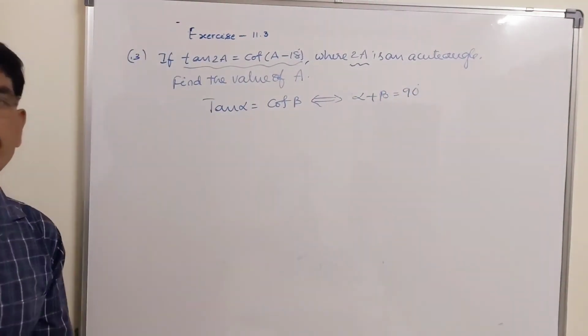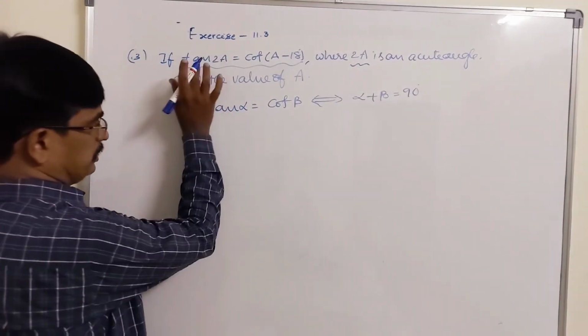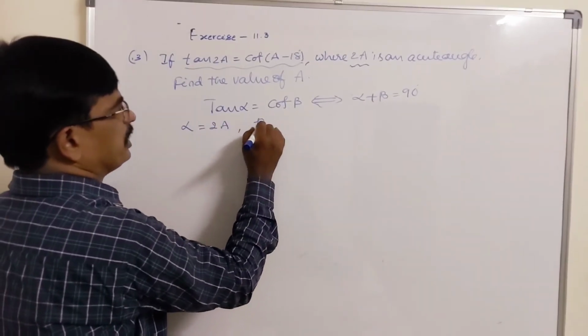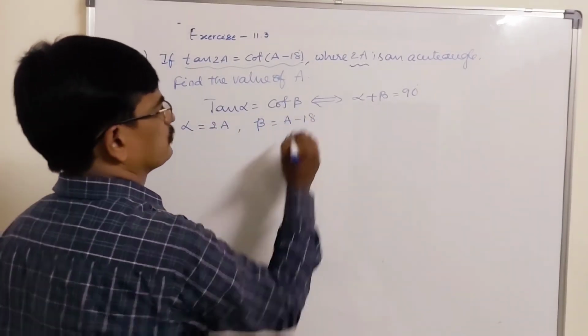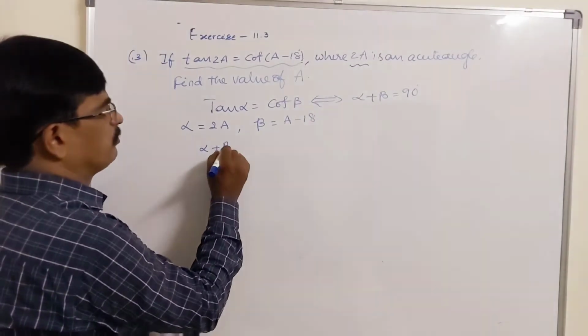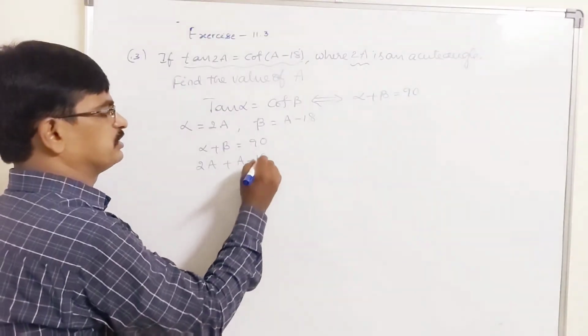That is, alpha and beta are complementary angles. So now tan alpha, if you take alpha is equal to 2a, beta is equal to a minus 18, alpha plus beta is equal to 90 degrees. That is, alpha plus beta is equal to 90. Then 2a plus a minus 18 is equal to